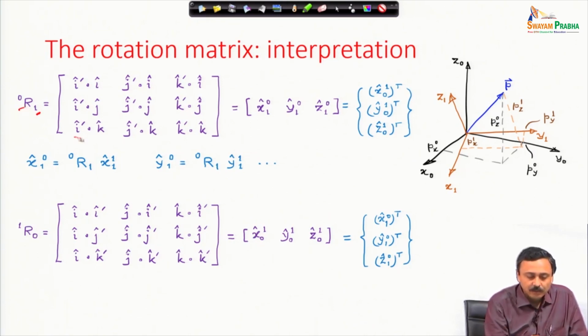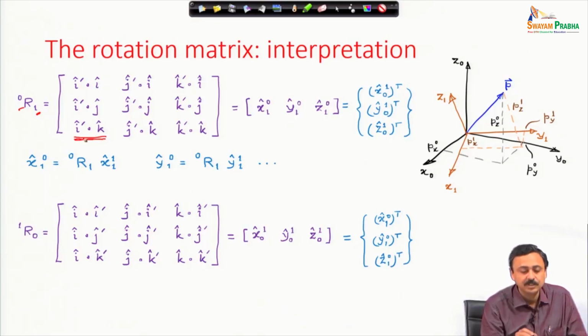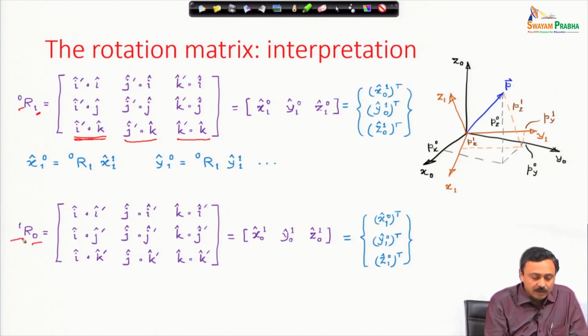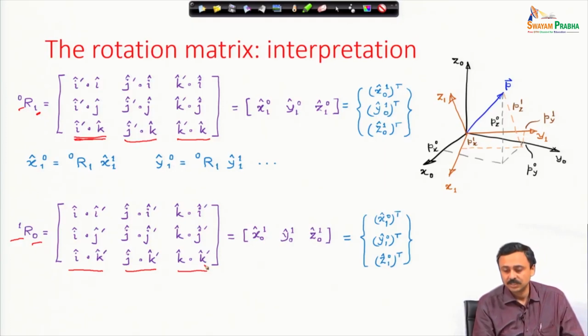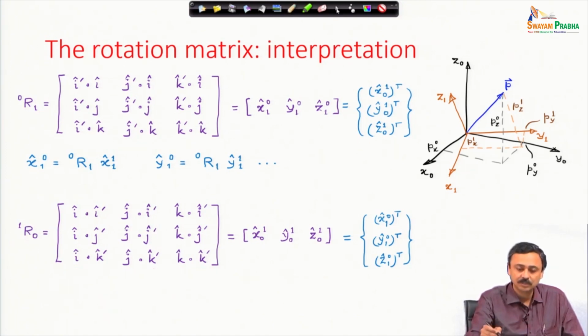And one more thing to note, when it is R from 1 to 0, then we represent frame 1 in frame 0. This is the x axis of frame 1, x 1 represented in 0, y 1 represented in 0, z 1 represented in 0. When it is from 0 to 1, we represent x 0 in x 1 y 1 z 1, y 0 in x 1 y 1 z 1, z 0 in x 1 y 1 z 1. So, the definition of columns changes,